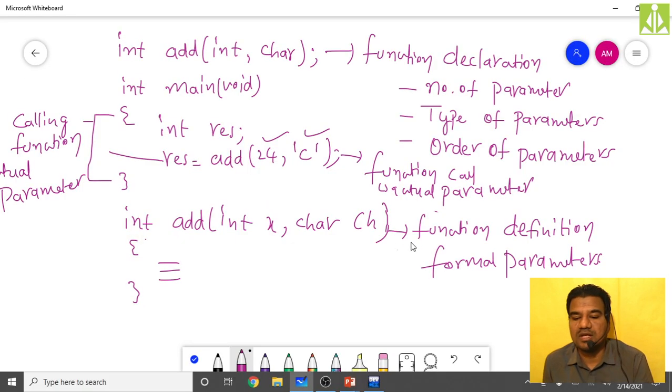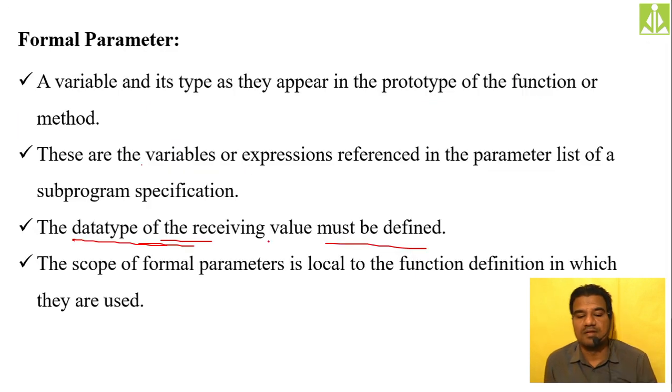As you can see over here, these are my formal parameters, and here we specified the data type. In the function declaration, we specify only the type, but in the function definition we have to put both, that is, type as well as variables.